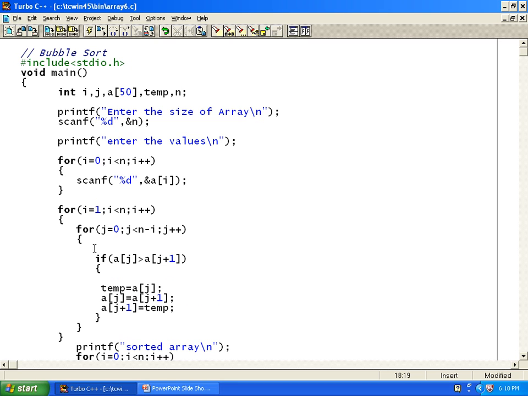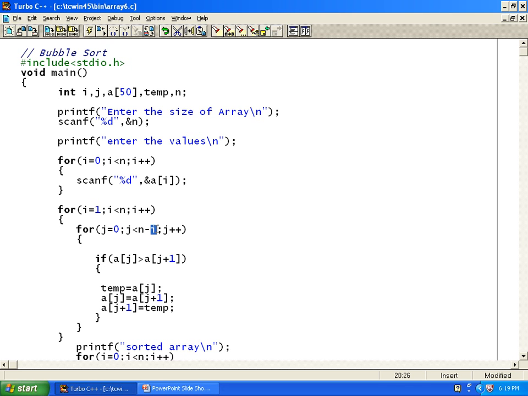So we have to be careful here. The outer loop is executed only 1 time for each value, but the inner loop is executed for every value of I. For the first time, if I is equal to 1, the inner loop executed 4 times. When I value is 2, the inner loop executed 3 times. When I value is 3, the inner loop executed 2 times. Similarly, it goes on decreasing. So that's because of this statement why the inner loop is reducing the number of times.